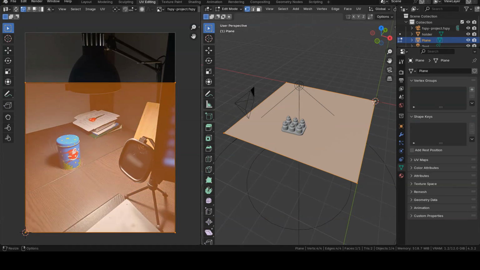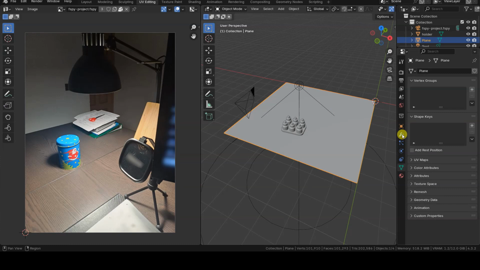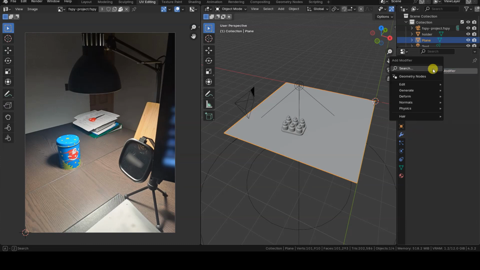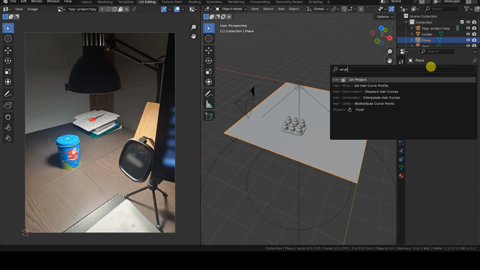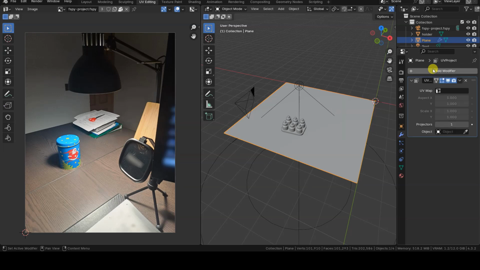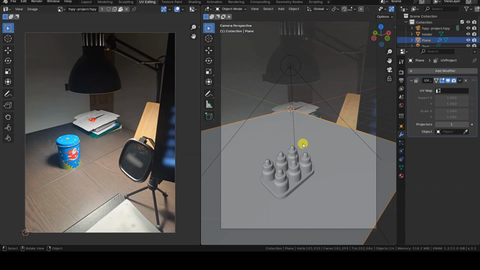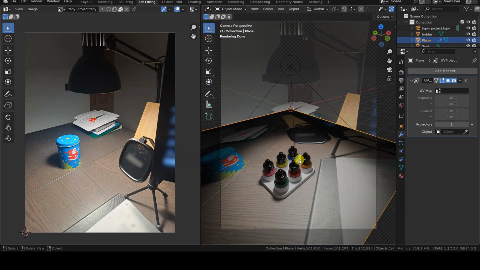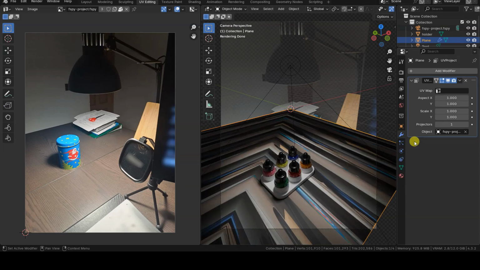To perform UV mapping of the original photo onto the plane, I'm using the UV project modifier, which I covered in a previous video tutorial on my channel. First, I set the FSpy camera as the object in the modifiers field. At this point, to improve the mapping quality, I need to perform two operations.